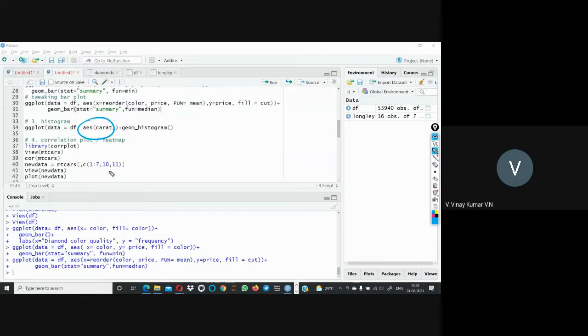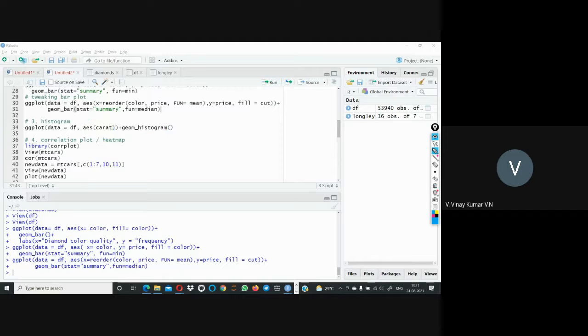Here we are using the axis as carat. When you are not mentioning which is x and which is y, it takes the first variable as the x-axis and the second one as the y-axis by default. Here we are taking the histogram of one variable, carat, which by default goes on the x-axis. We use the function geom underscore histogram with open and close parentheses.